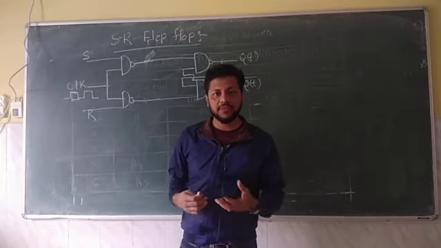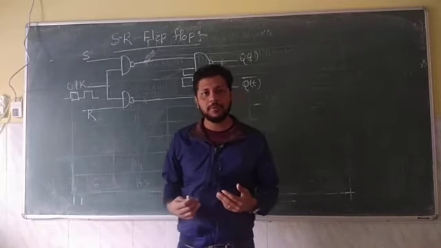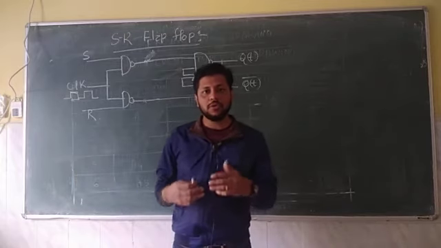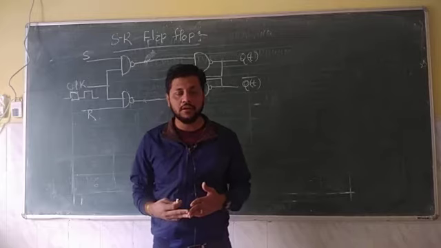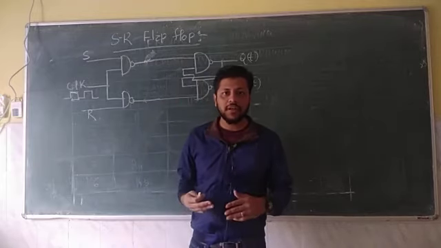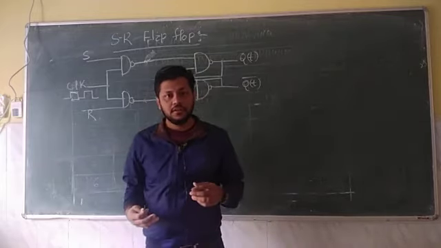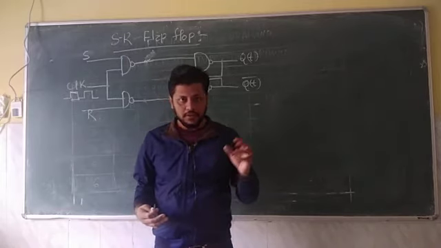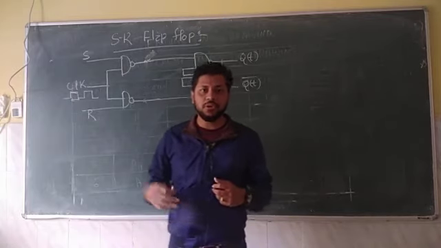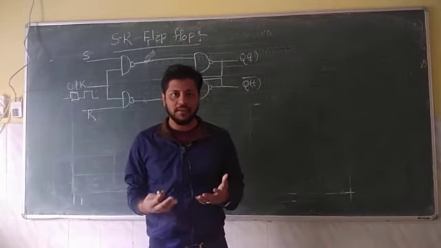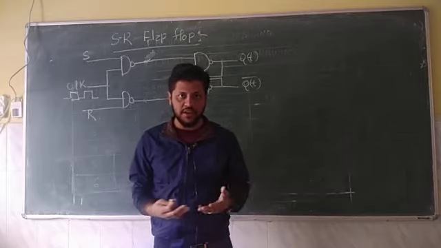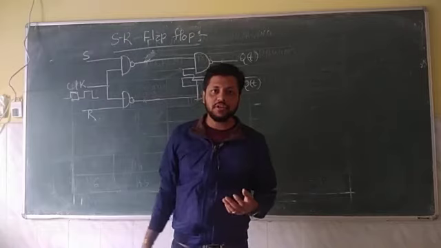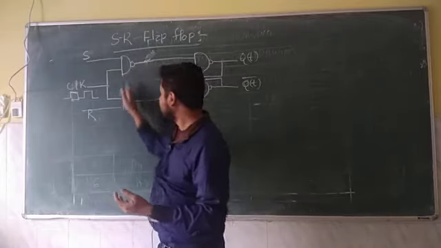A latch is level triggered, but your flip flop can be level triggered and can also be edge triggered. In the case of a latch, we don't apply any clock pulse. Because of that, what will happen? It will suddenly change due to any noise or any sudden change in input. Your output gets changed. So how will it act like a memory if it changes automatically? That's the reason we are applying a clock signal. Because of this clock signal, we need two extra NAND gates.